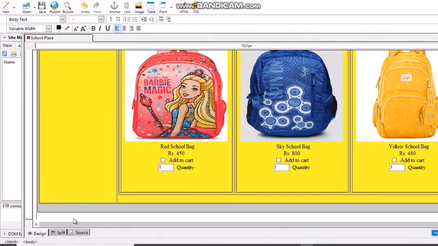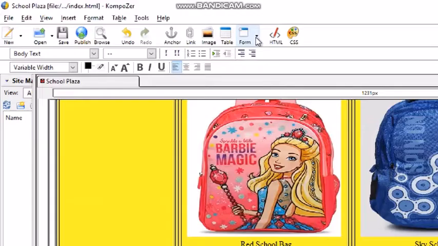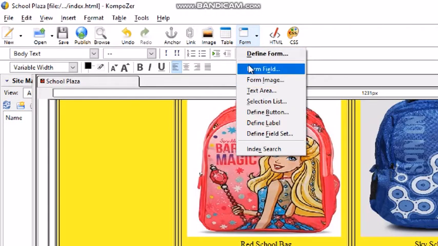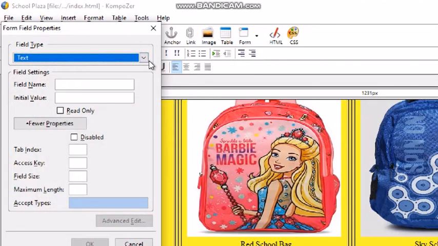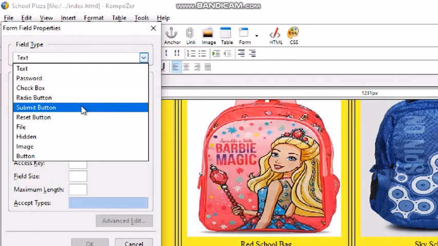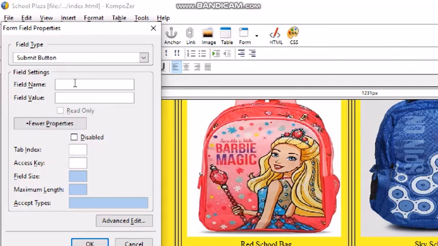Here, select form field. Field type we will select as submit button. Field name, purchase, field value, also purchase.